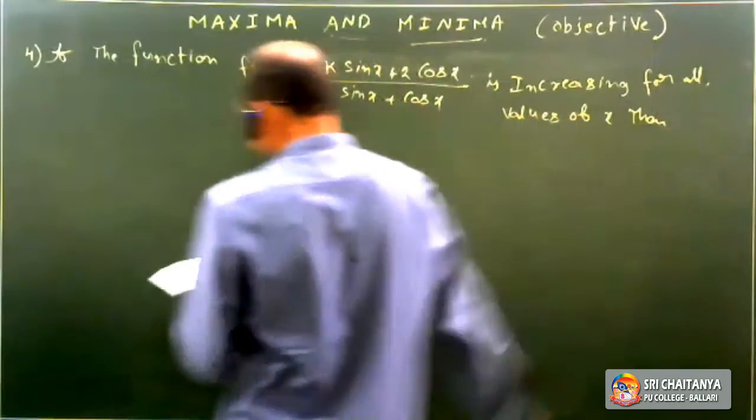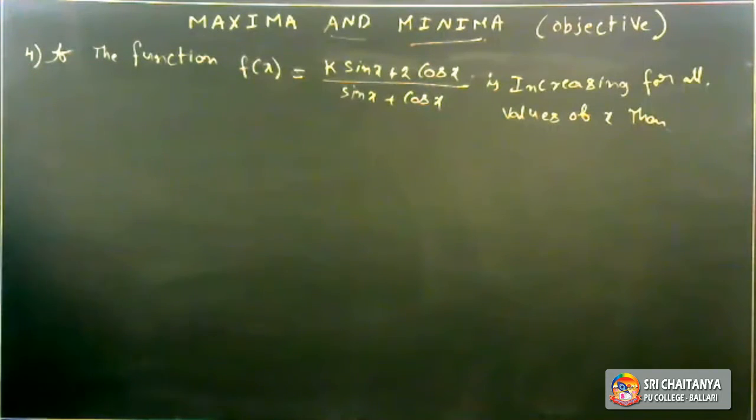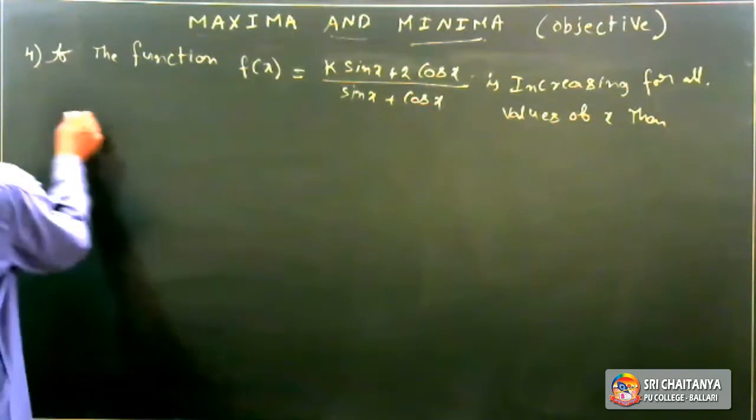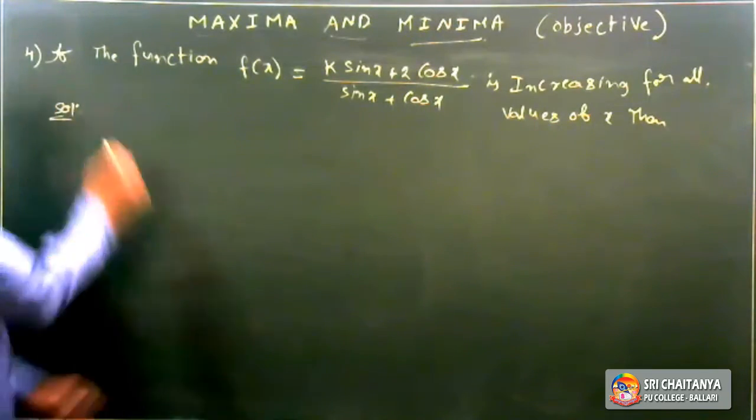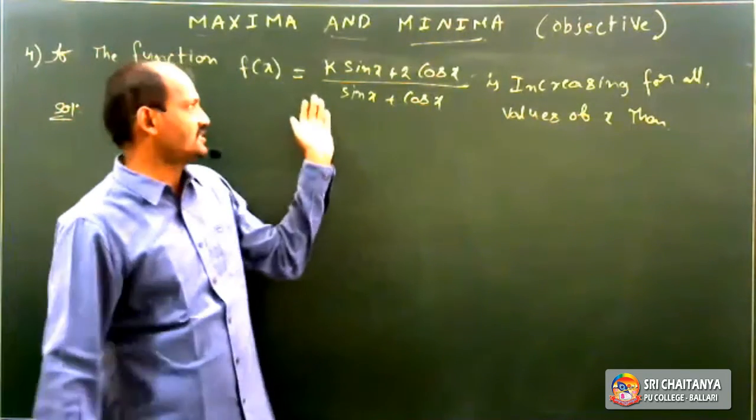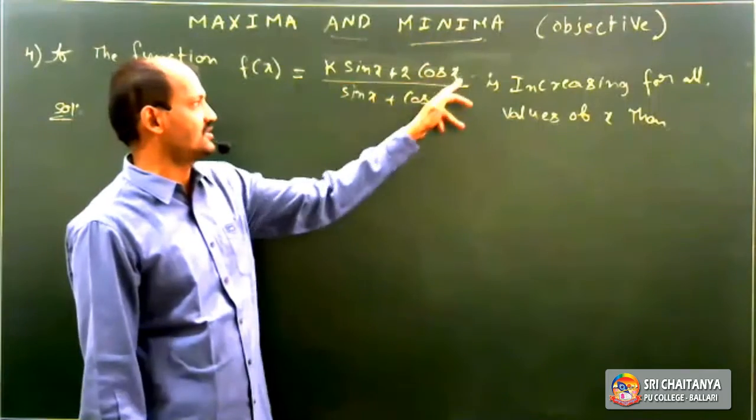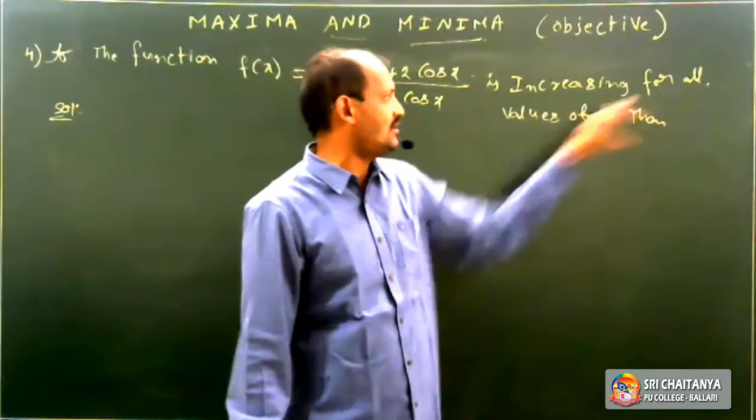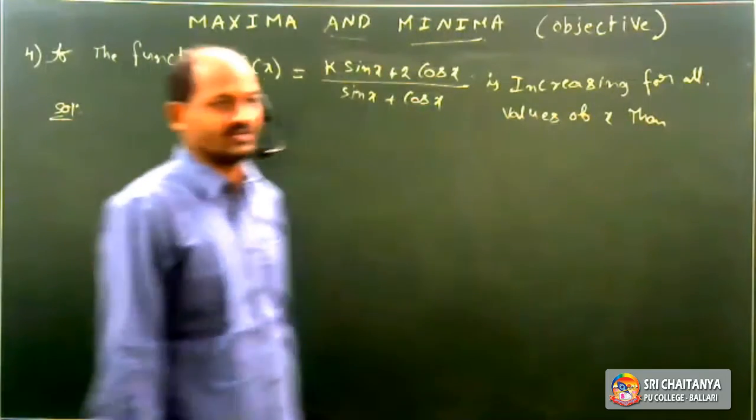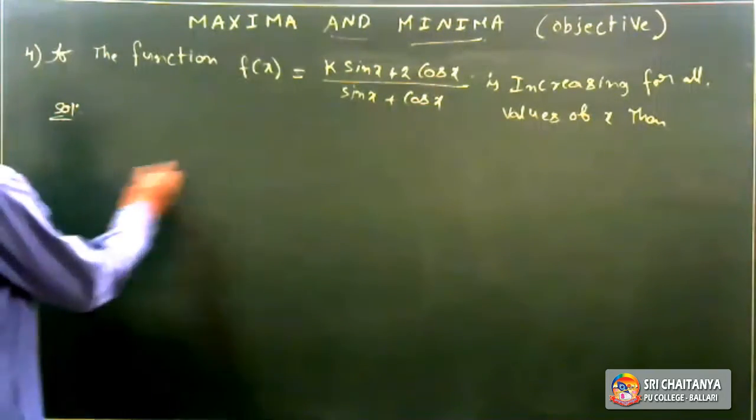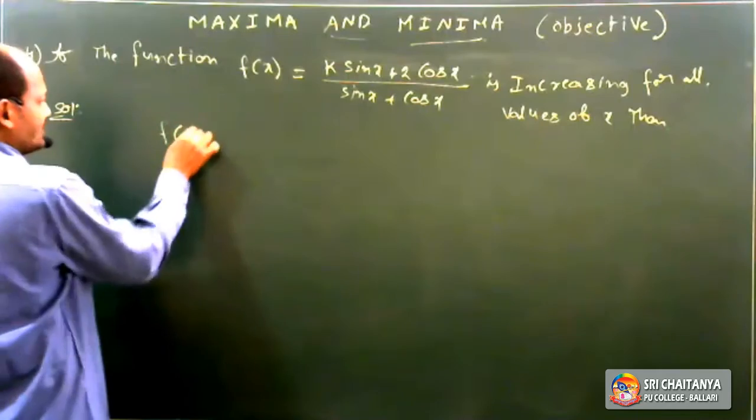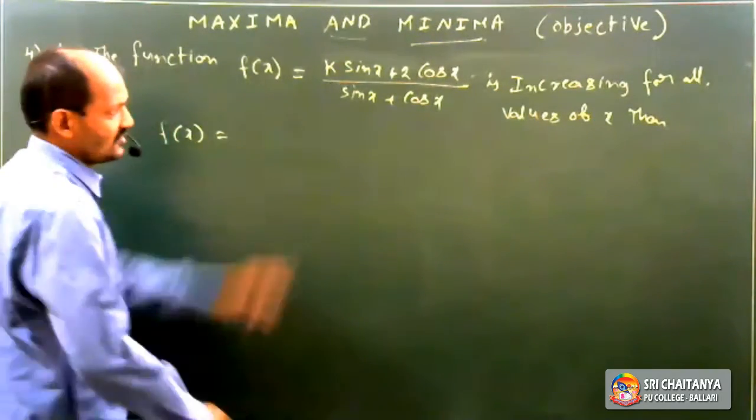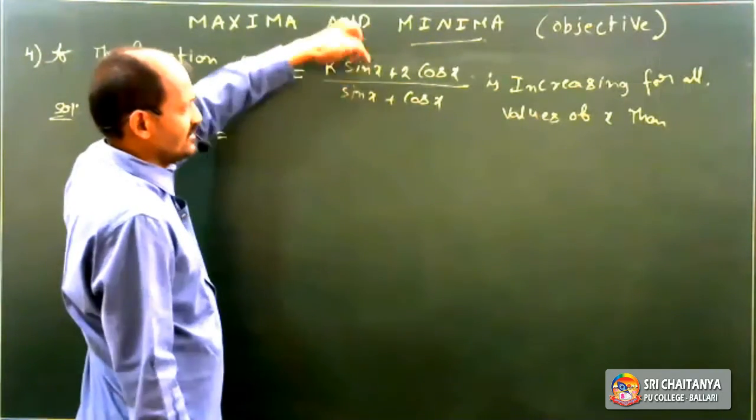then find the k values. The function f of x is equal to k sin x plus 2 cos x divided by sin x plus cos x is increasing for all values of x. Then, that means k. It is the given function f of x is equal to, clearly, numerator and denominator